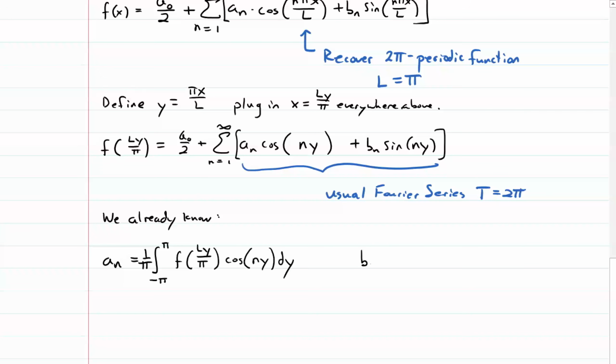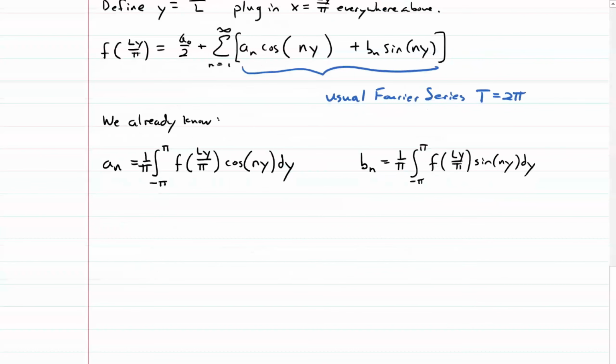And bn, same thing with a sine, right? It's like that, okay. So that's okay, and now to finish the calculation, I'm going to change the variables back,